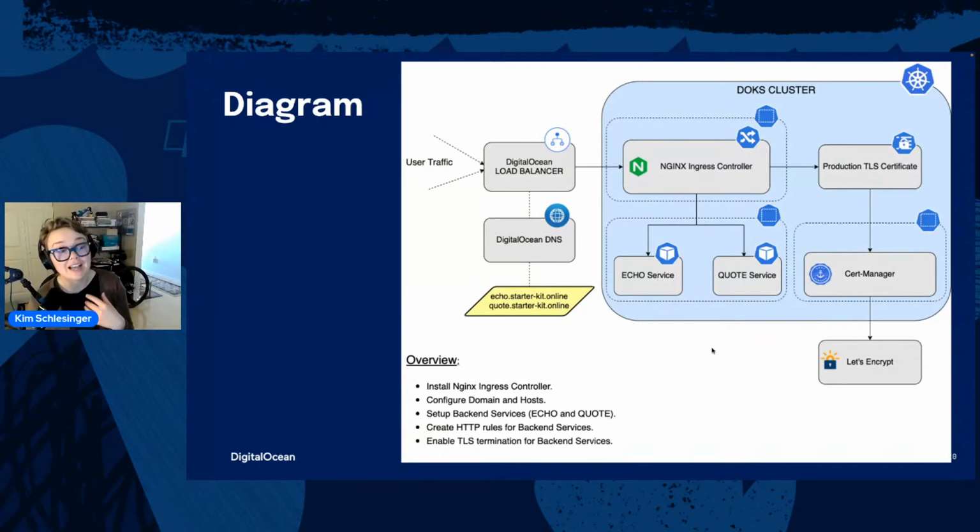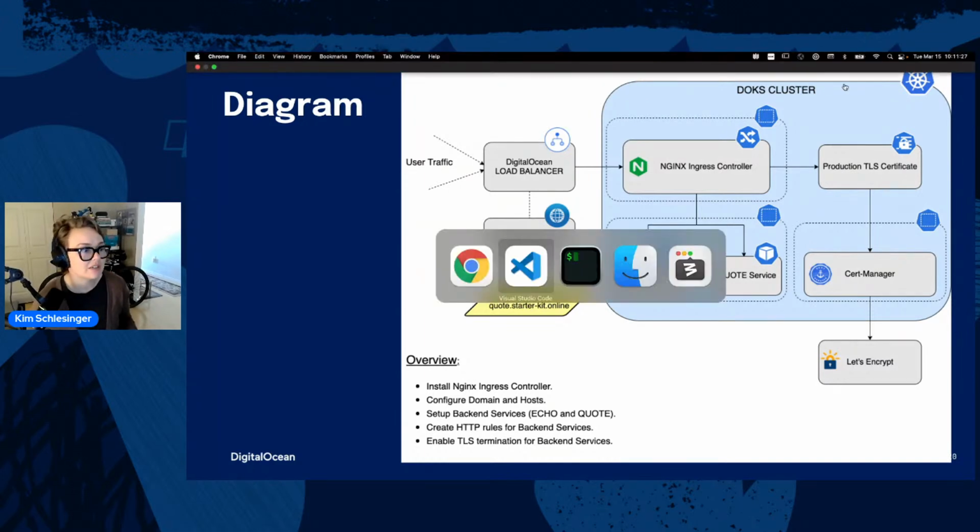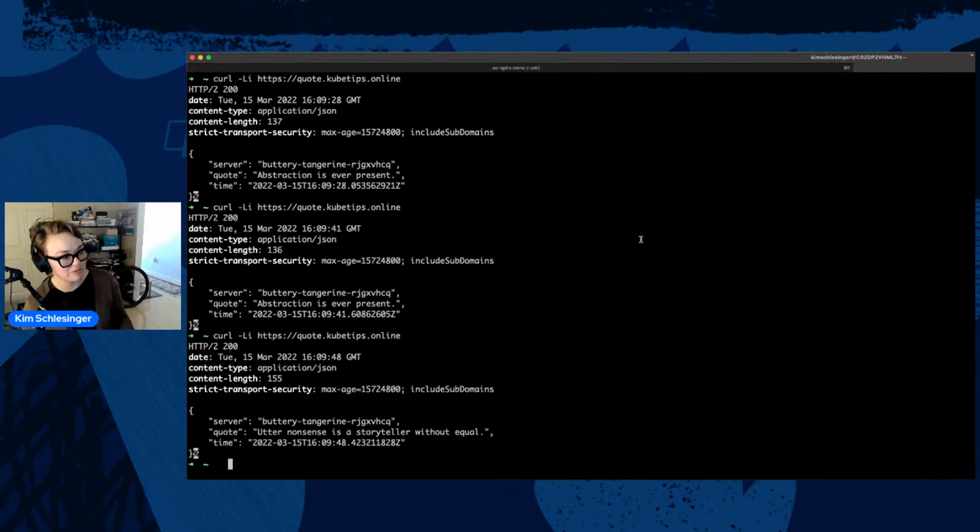I created an ingress object and told my ingress controller, hey, I want you to direct any traffic that starts with quote.kubetips.online to the quote service. And you see that happening when we get the quotes. Here's an example. We're using curl as the client.